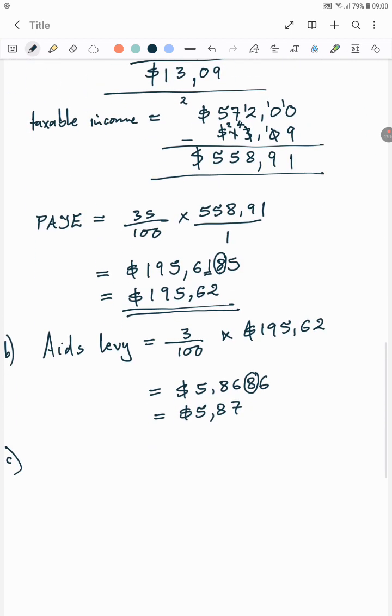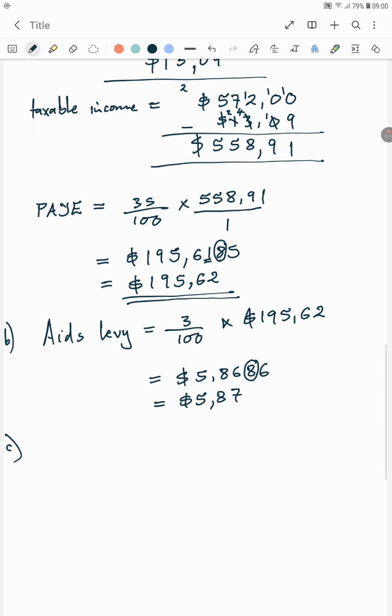So here what we are supposed to do is this: take home is going to be the 572, and we add 6 for transport and 10 for housing,